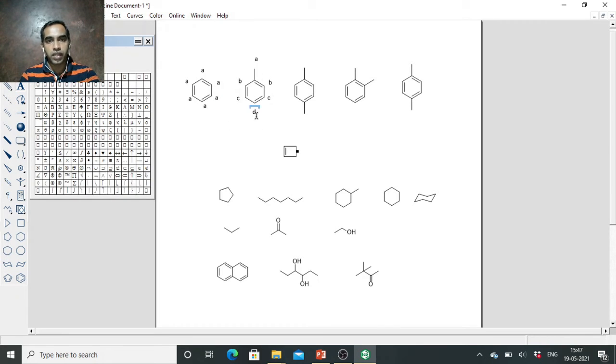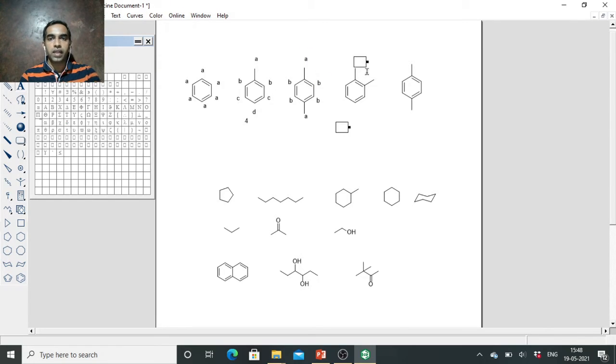But in case of toluene, see here, these 3 protons are one type, and there are 2 ortho protons here, and these 2 protons are one type, and this proton is one type. So there are totally 4 types of protons, 4 equivalent sets, correct? What about this here? Para-toluene: this is one type and this is also the same type. And what about this? These 2 are the same, and this is also the same, because you see there is no change. Okay, so A, B, there are 2 sets of protons, so you will get 2 peaks. These 4 will come at one place, these 2 will come at one place.